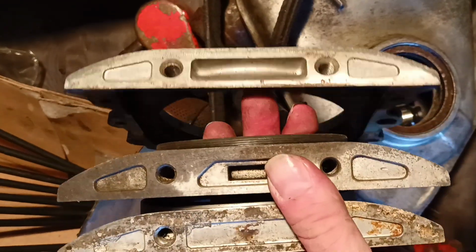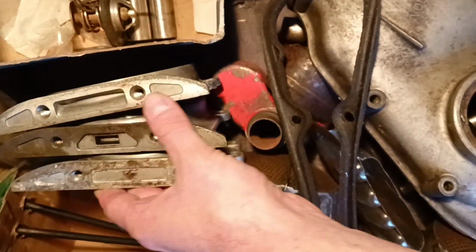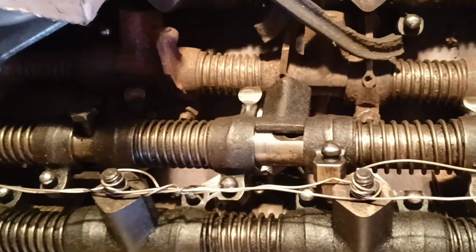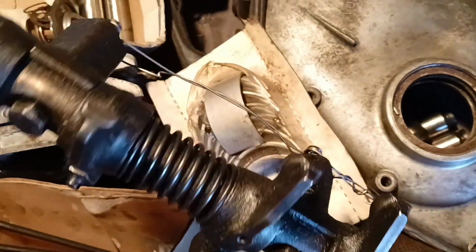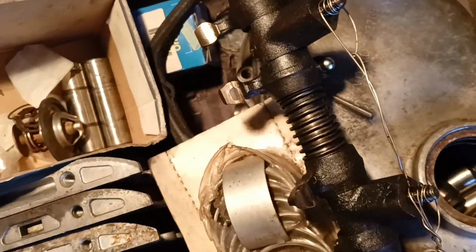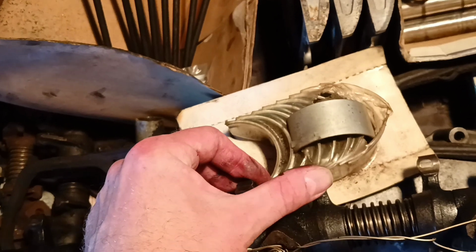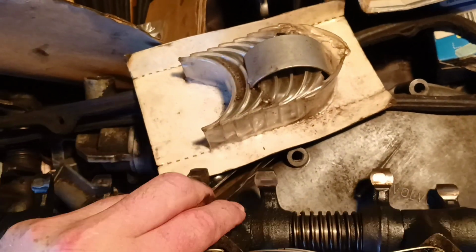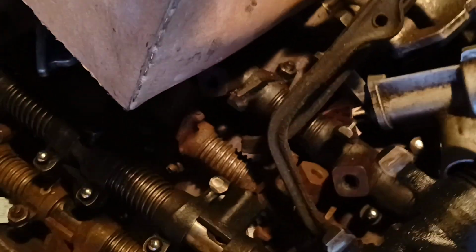Here is one without the hole for the oil way, but here is one from the 140 series, and from the 240 series. Many guys prefer filing the surfaces of these arms for our valves. The rocker arm wears out on this hardened surface, so I think it will not be better to cut this surface, because it was hardened at the factory. So you can't get a surface with the same hardness. If you cut this surface just to flush out this wear from the valve, I think it will be better to find